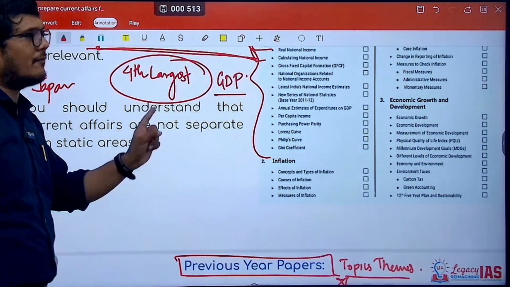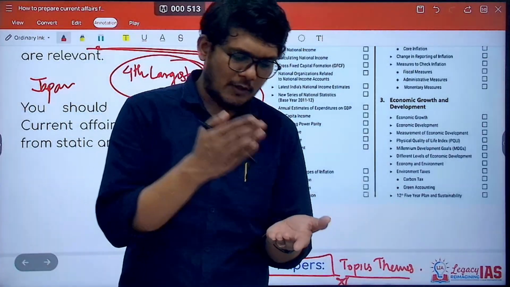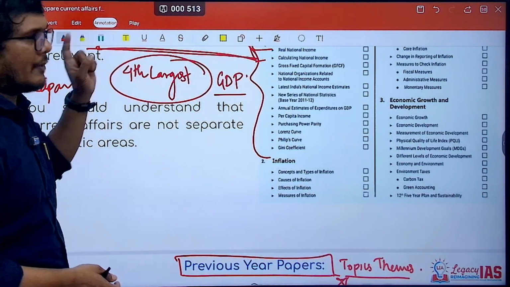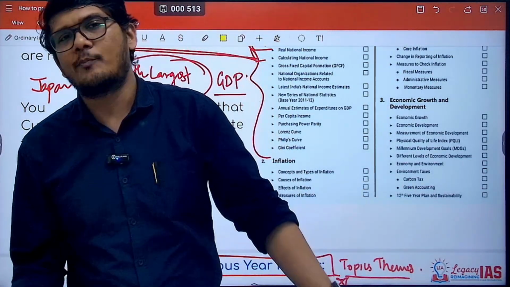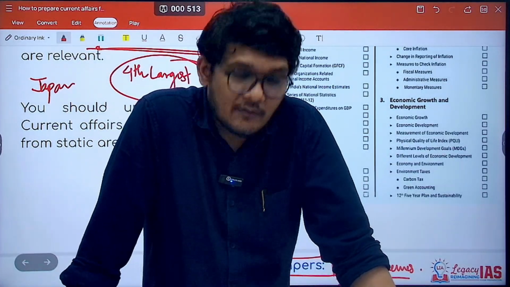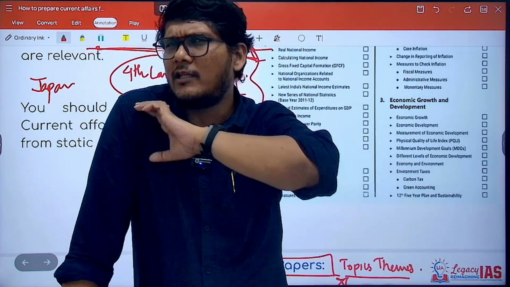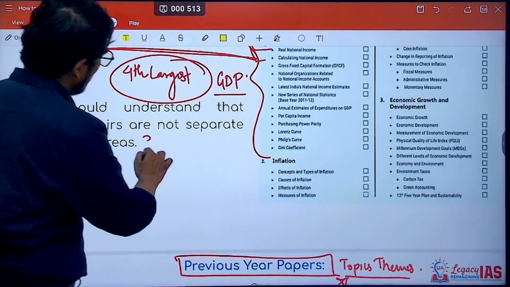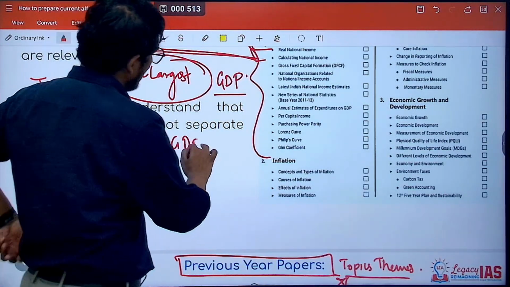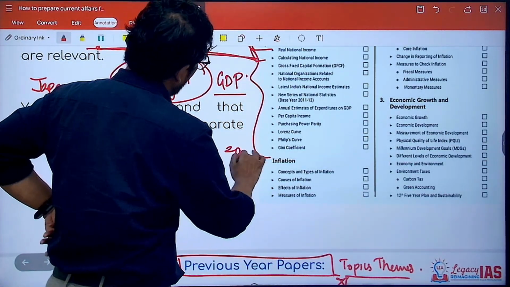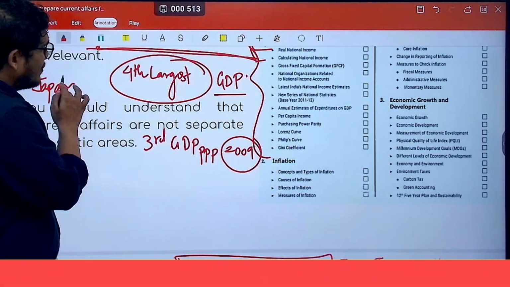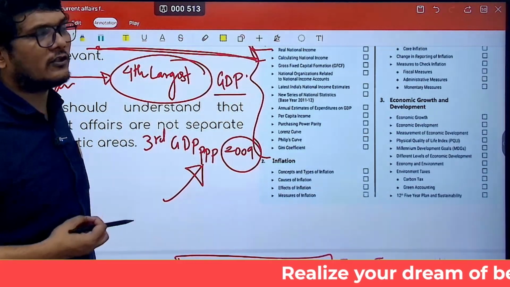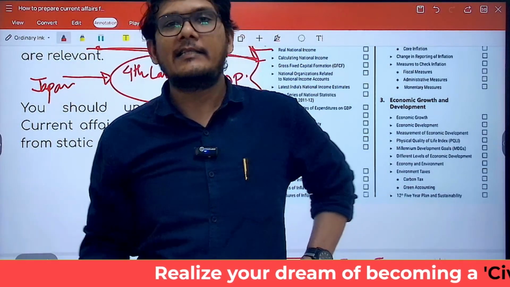At the same time, since GDP can be based on PPP and non-PPP, you should know whether we are talking in terms of PPP or not. Because in 2021, there was a UPSC question statement which said that India is fourth in the world with respect to GDP PPP, which is incorrect. India has been third in the world with respect to GDP PPP since 2009. Now when India has become fourth, it has become fourth without considering PPP. So this is in the news, and you will have to study this particular thing.